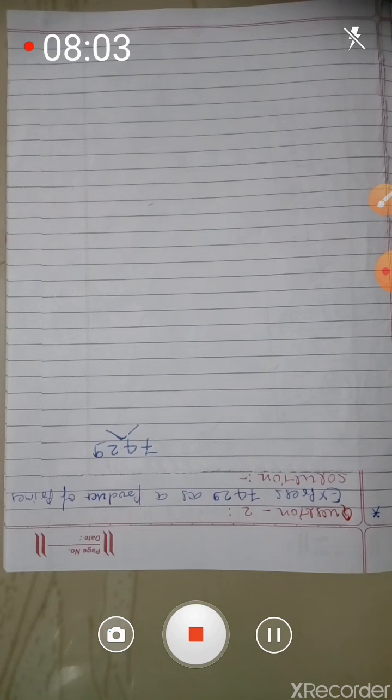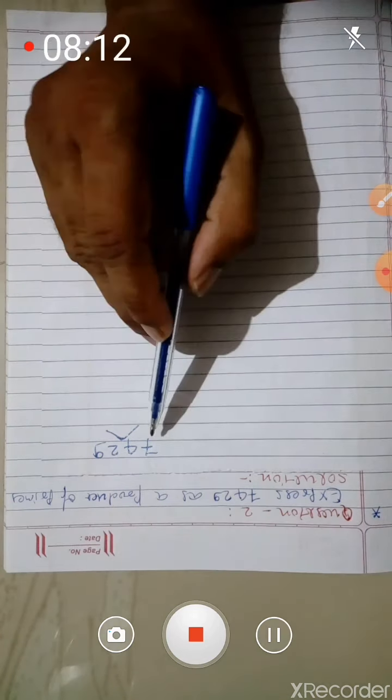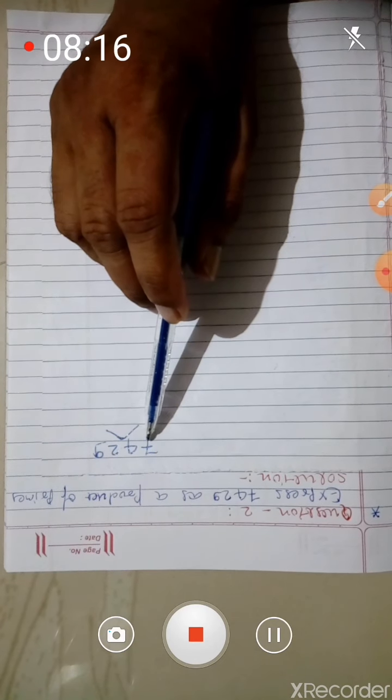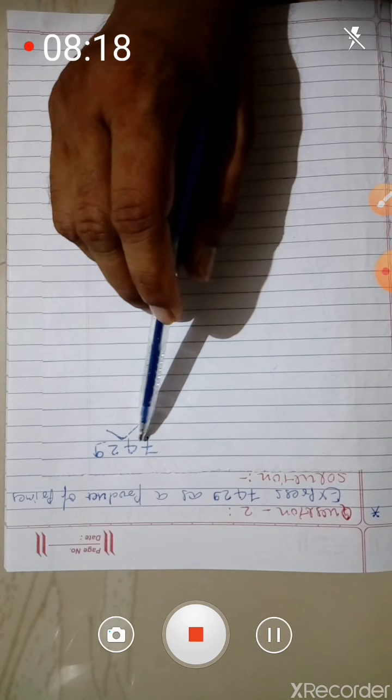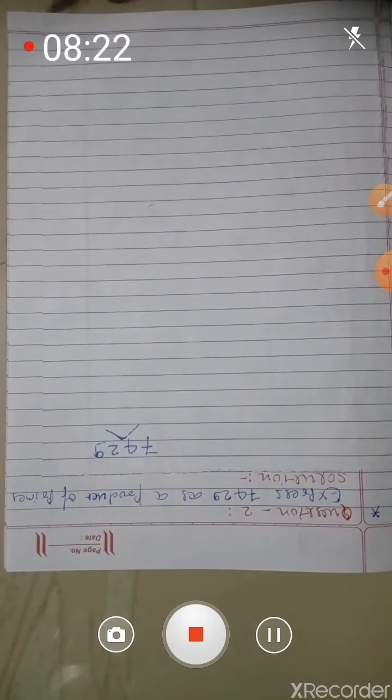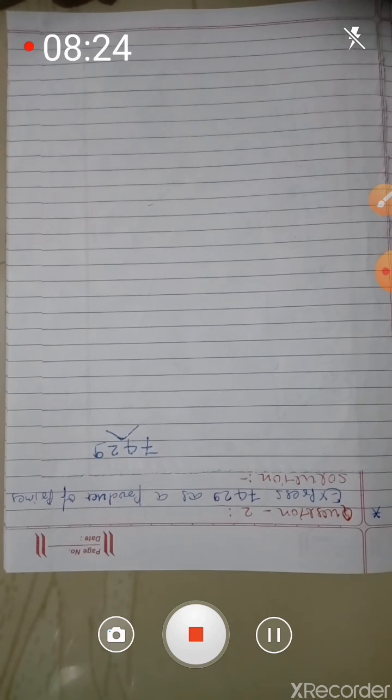Now look for 7. For 7 there is no rule. You have to divide in rough and check whether it is divisible or not. So now orally you can check here: 7 ones are 7, then make place 0, then 7 6s are 42, then 9 left. So 9 is not a multiple of 7, so not divisible by 7. You can check it.